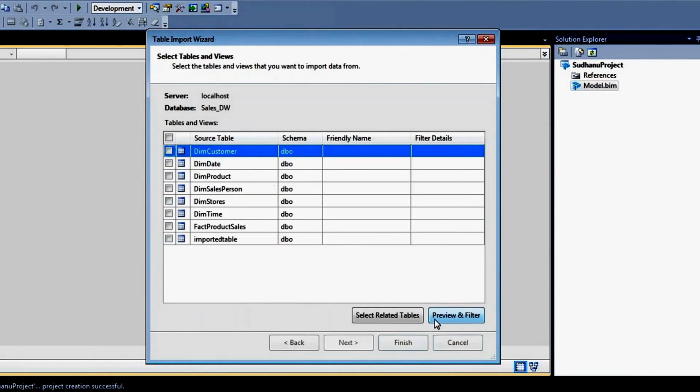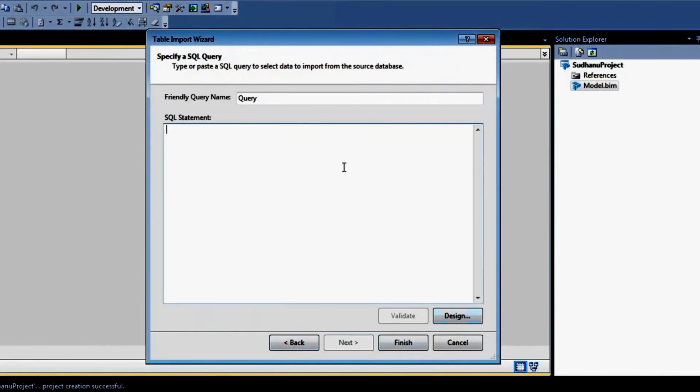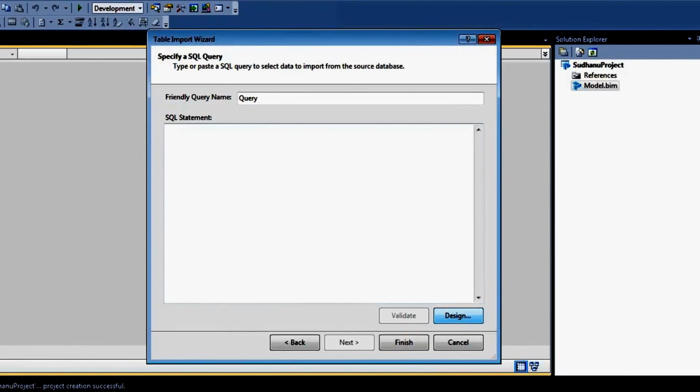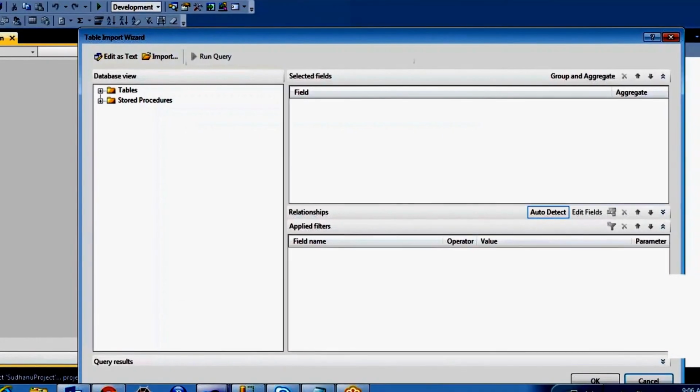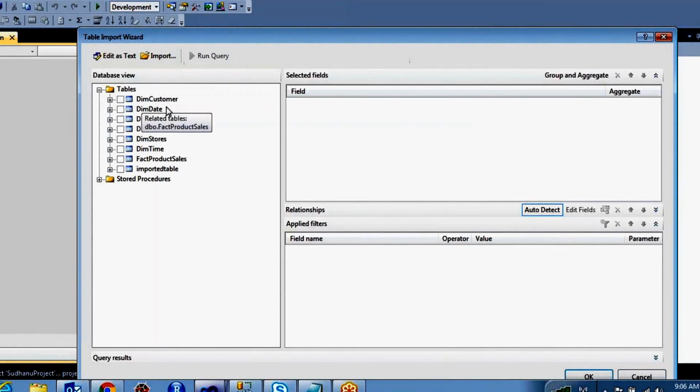Here, I think I missed one option. See here, when you are selecting the query, if you don't have any knowledge to write a SQL query, you just go to design and you can design the query over here. Under these tables, dim customer, dim date, these are all the list of tables.